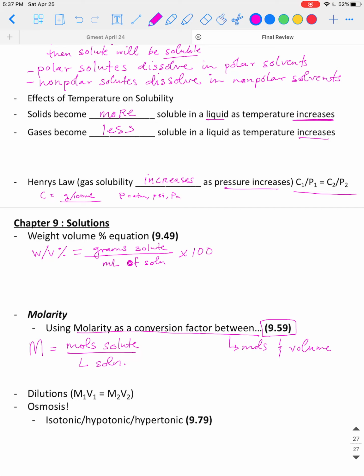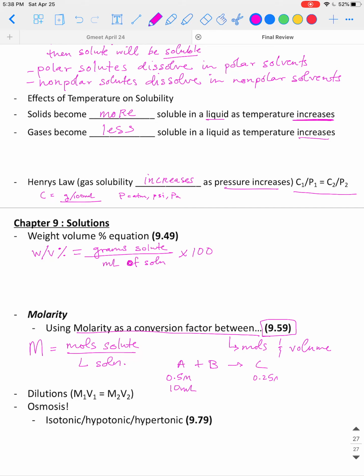So there was a diagram that was really important to us when we were using molarity as a conversion factor. Problem 9.59 would be a great practice problem. So if you have some chemical reaction, A plus B makes C, and we are given the molarity of A, let's say it's 0.5 molar, and we have 10 milliliters of it,